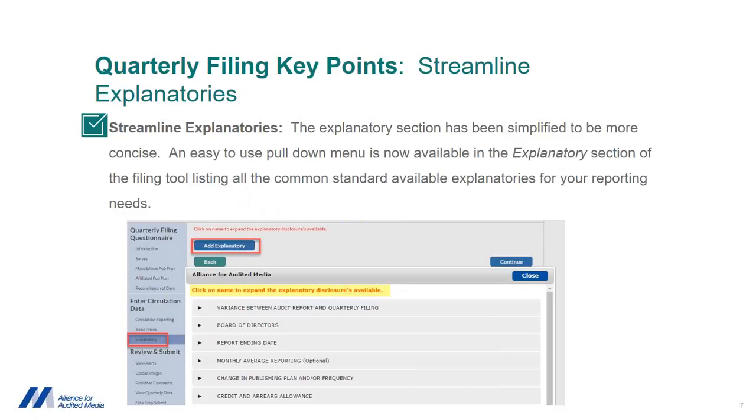With the quarterly filing, we have also streamlined some processes. One of the processes that we have streamlined, or the reporting element, is the explanatory section. We really have condensed this, made it more simplified for the explanatories. So when it comes time to filing, and I will do a live demonstration of this, there's going to be